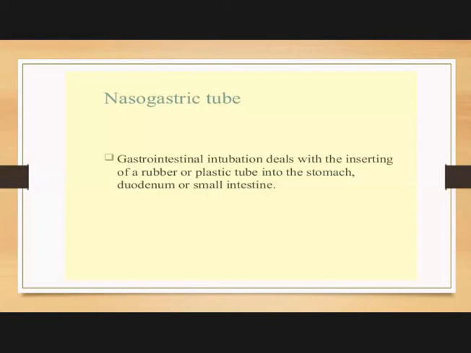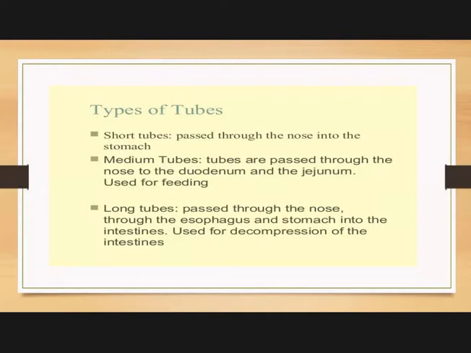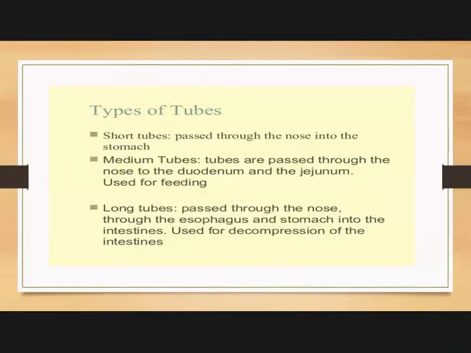The nostril or through the nose. Types of tubes. There are 3 types of tubes: short tubes, medium tubes, and long tubes. Short tubes pass through the nose into the stomach, and medium tubes are passed through the nose to the duodenum